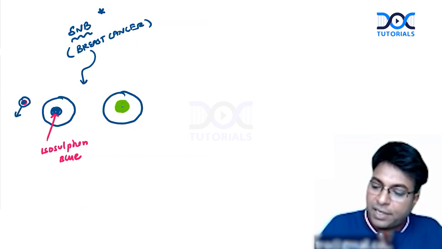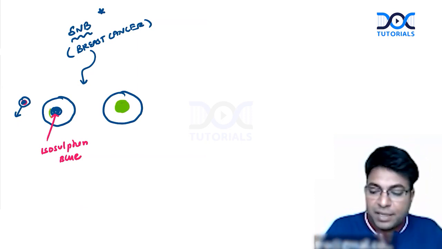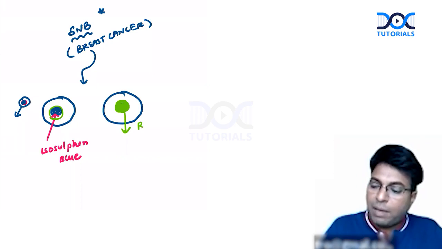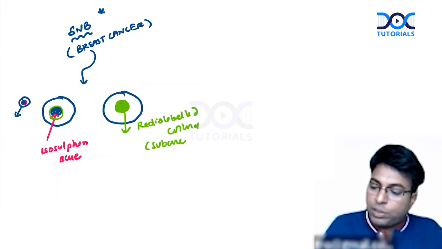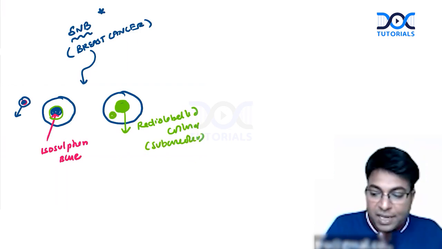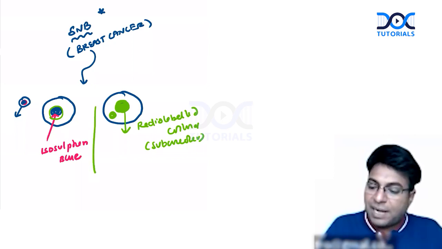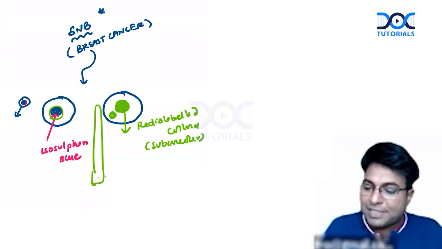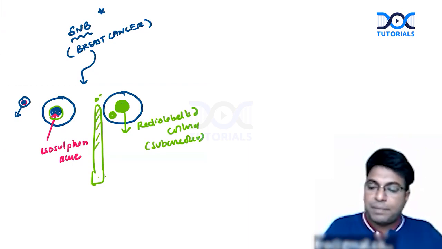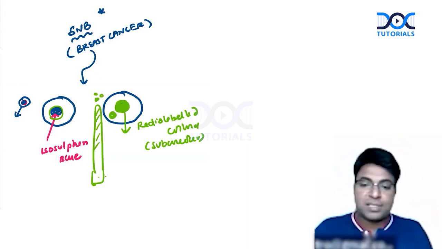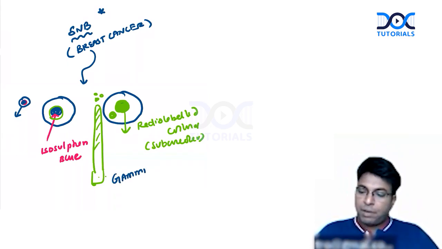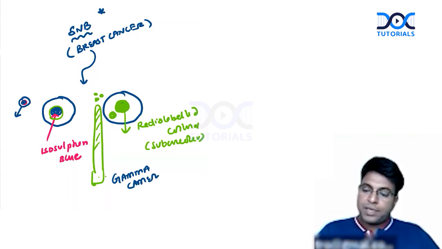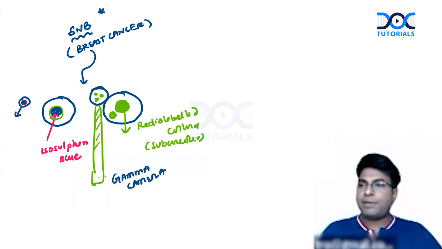I'm not injecting near the tumor. In the previous case, I'm injecting near the tumor. In the radio-labeled colloid method, I'm not injecting it near the tumor. I'm injecting subareolar, below the areola. And I will use a special camera. What is that camera? This is an old image-based question. A special camera was used to pick up the node with the highest radioactivity. What is that camera? Yes, that is the gamma camera. So the gamma camera is used to pick up the nodes, and very good, that's correct.